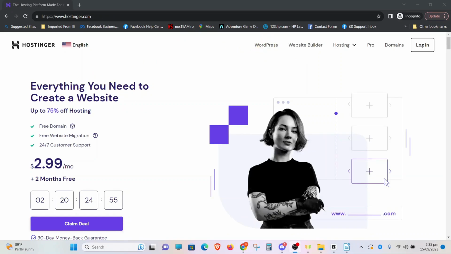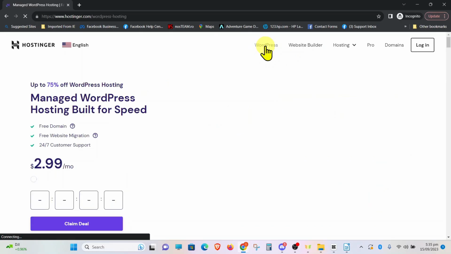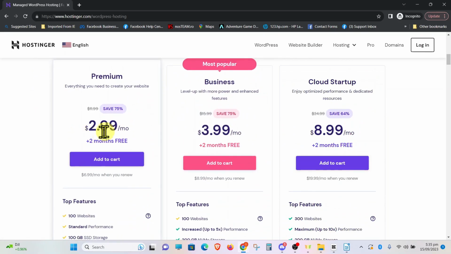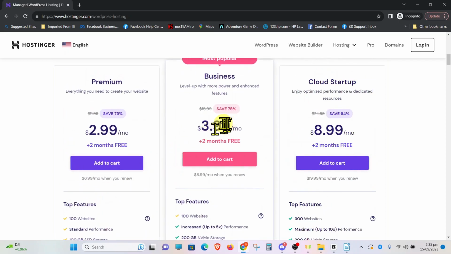Okay, let's go to hostinger.com and click on the WordPress tab. As you can see, there are a number of different options. You've got the premium and the business packages. Now, if you are starting out, I recommend the premium plan. It's an ideal solution for beginners. It's only